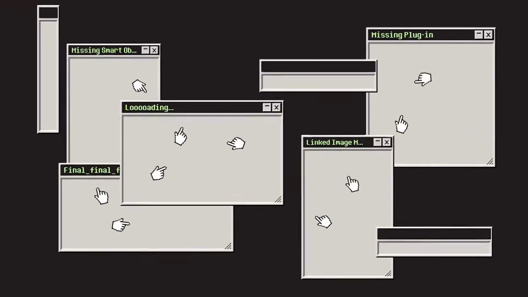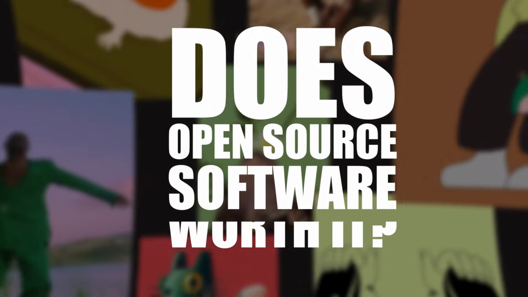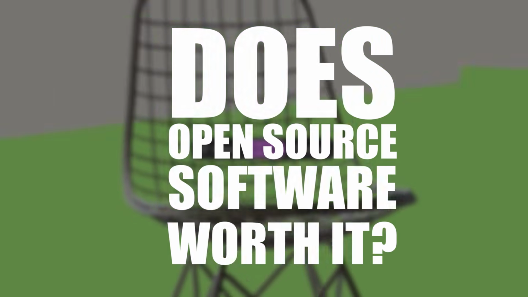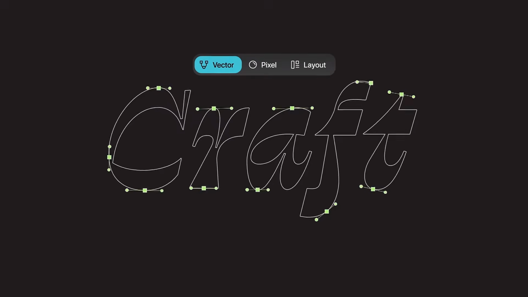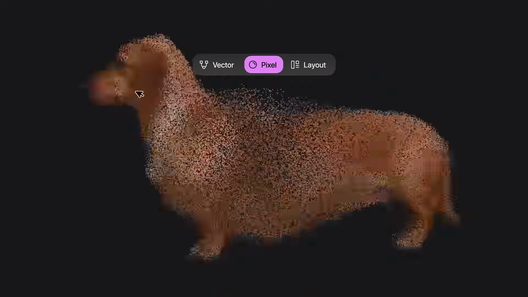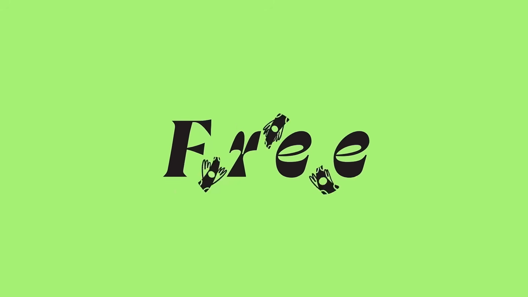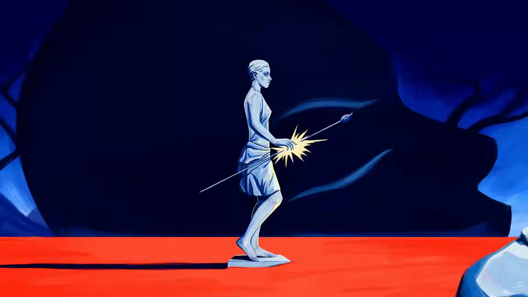What I actually want to talk about is open source software itself and whether it's still worth using in a world where technically superior alternatives exist. I have pretty strong opinions about this, and if you're starting out learning digital art or design software, I think this is something important to keep in mind. So if you're planning to invest time learning a new graphic program, I recommend watching this video until the end.